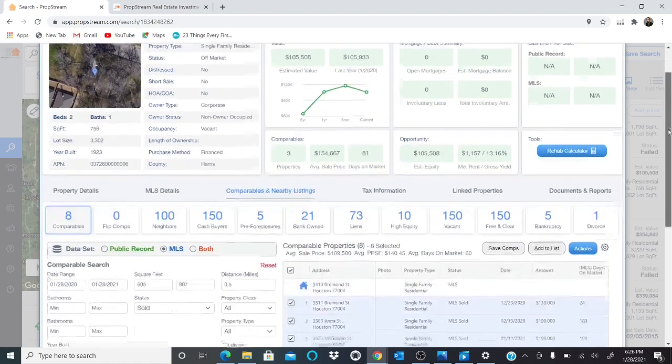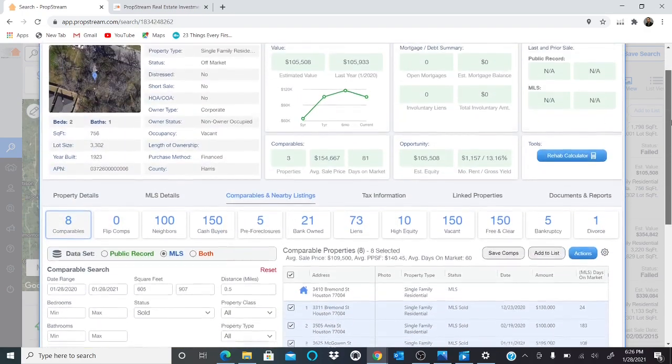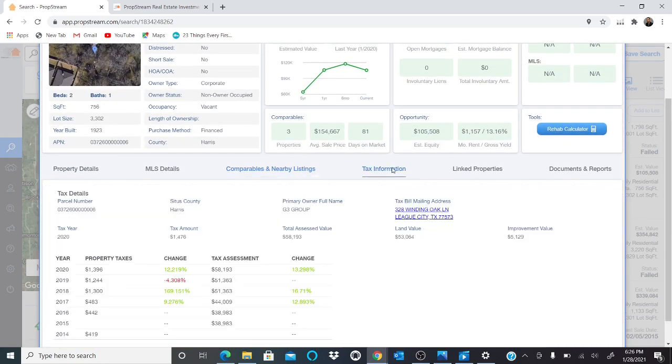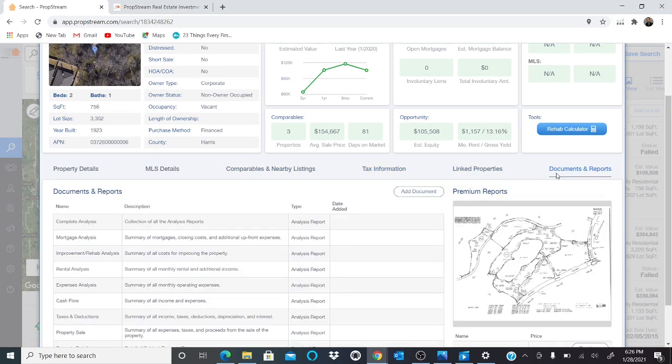I haven't been a realtor that long, but I know that this Propstream thing is really, really clutch, guys. You can get anything out of this, and I found it to be really accurate. You can get property taxes, all kinds of stuff. If it has documents, it'll show you stuff like that. But what I'm going to do now is